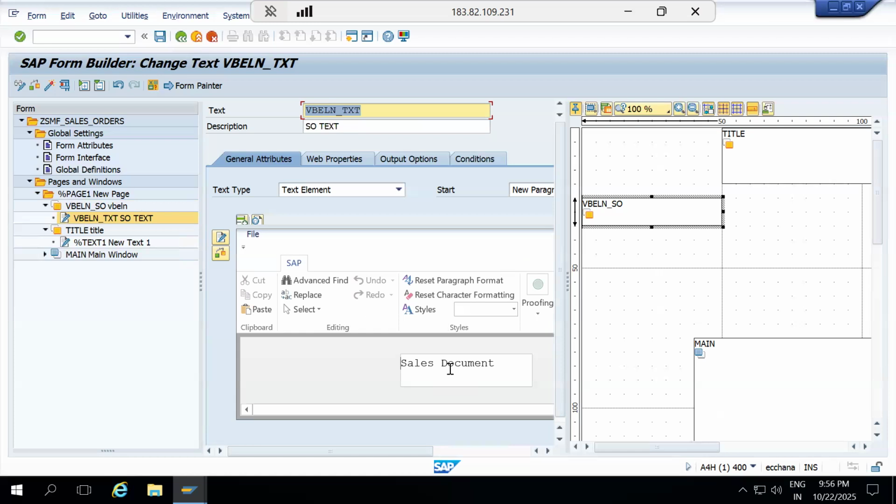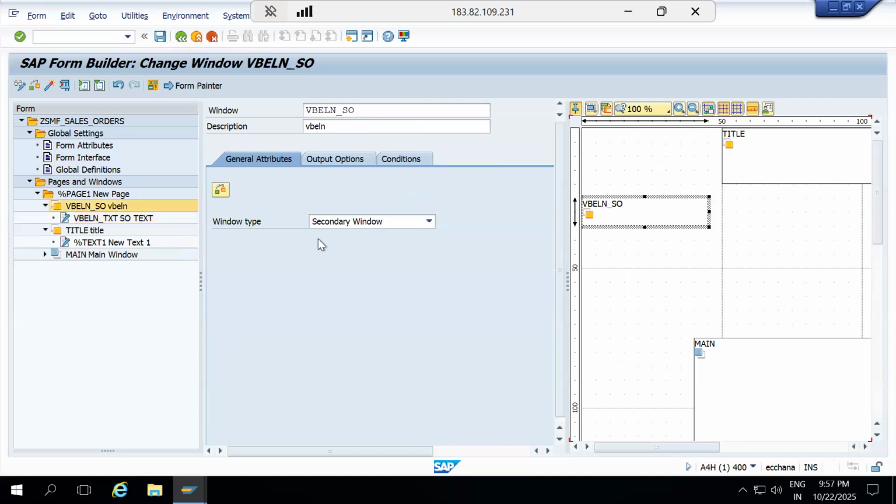Now I want to print the sales document which I get from the VBAK table. For that, we will create another window. In that window, I'll print that text. For example, in this page, right click,